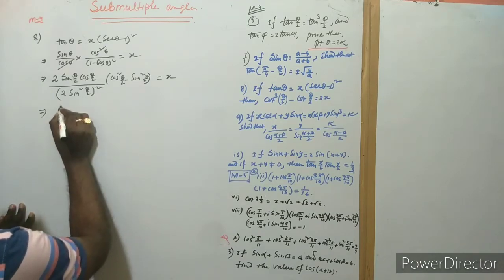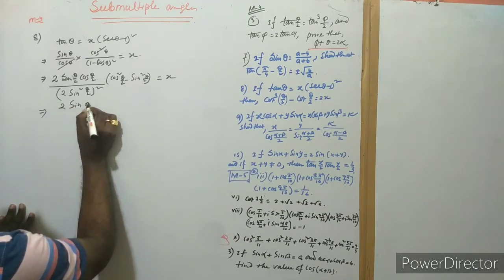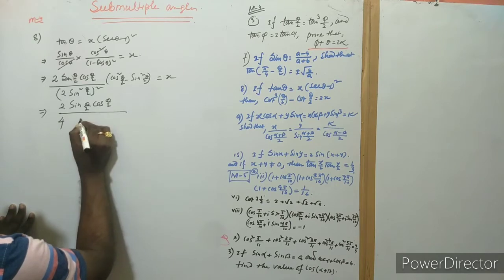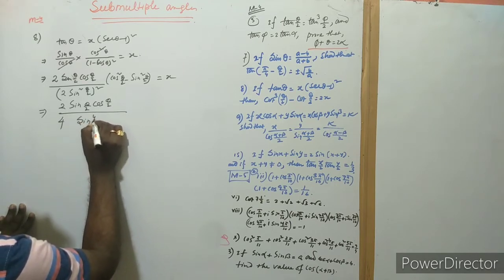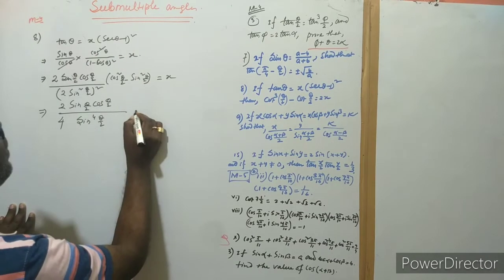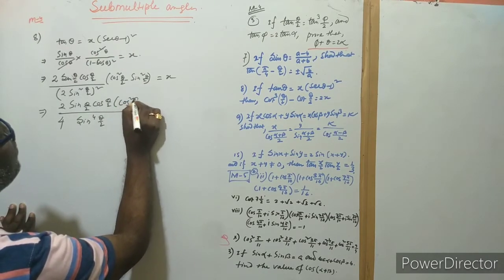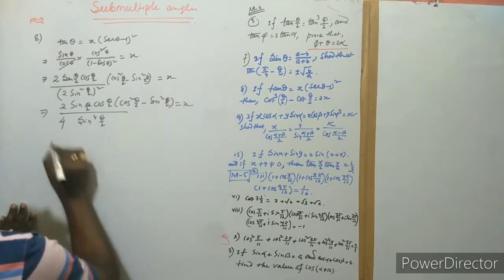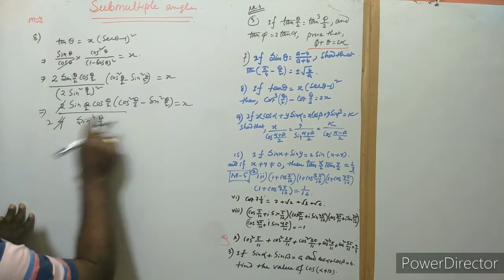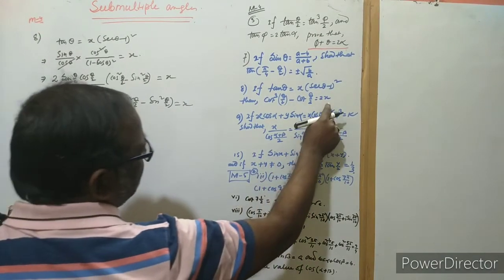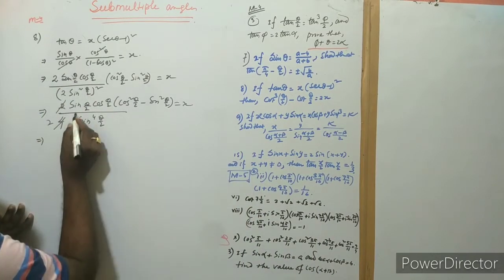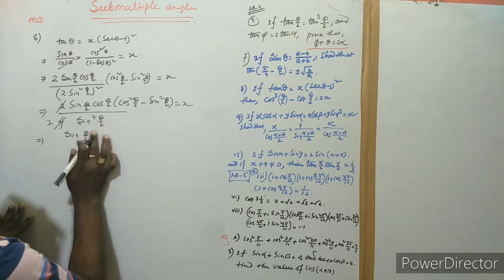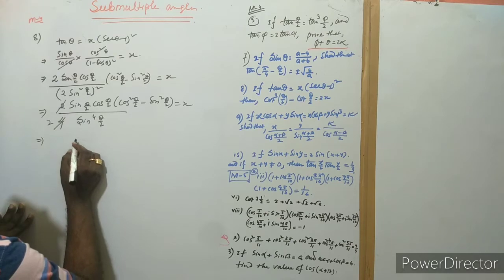Okay, this is your 2 sin theta by 2 cos theta by 2, 4 sine to the power 4 theta by 2, and cos square theta by 2 minus sin square theta by 2 equal to x. So these 2 are transferred to the right hand side. As you see on the right hand side here is twice x. So I think all are doing well, and this sin theta are cancelled. So we can write sin theta on the numerator part.